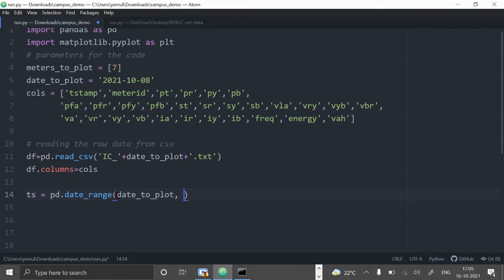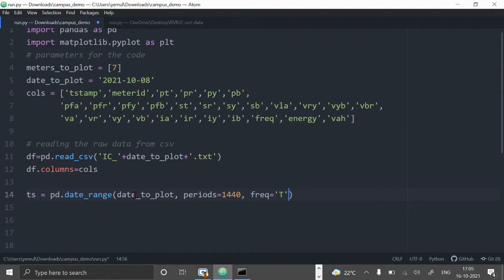So a date range. Now it will start from the start of this particular date. Now periods, one more parameter I have to give: 1440, because a day will have 1440 minutes, and then there is another parameter called frequency, and you give T. So T means minute.